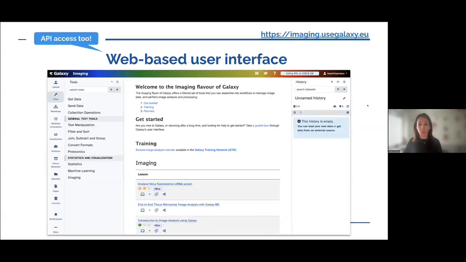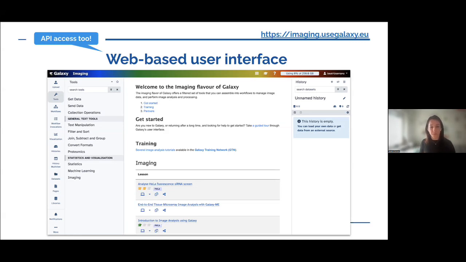Now, if we go a bit closer into the web-based interface, that by the way, is web-based, but you can also access programmatically if you want with an API. And here we are going to focus on this basic interface. There are many details on this, but we just go very broad on it. And the first thing that you may notice is that the screenshots that I had before were on the big Galaxy servers, and this is a bit different. It has some colors on the masthead. It says Galaxy imaging.